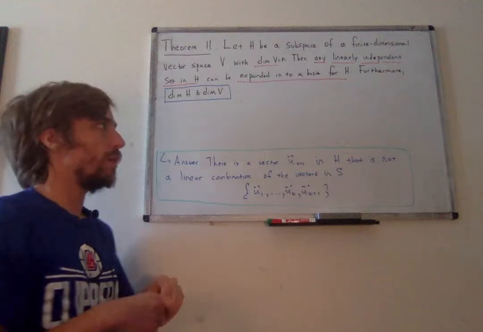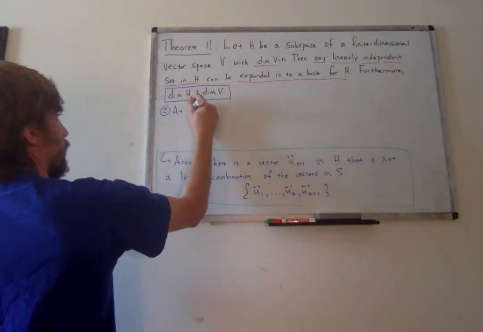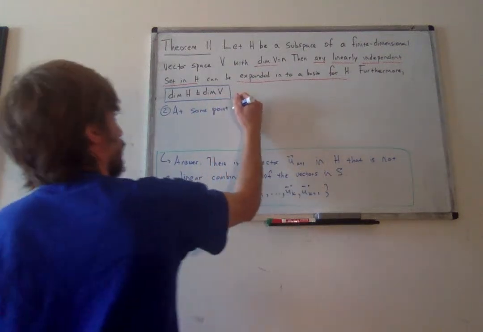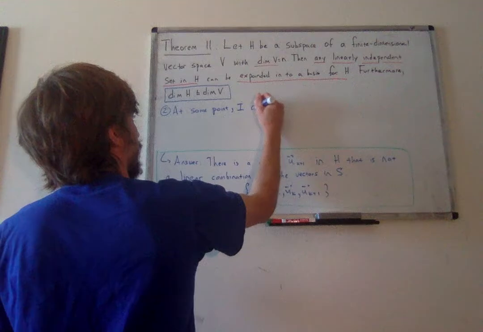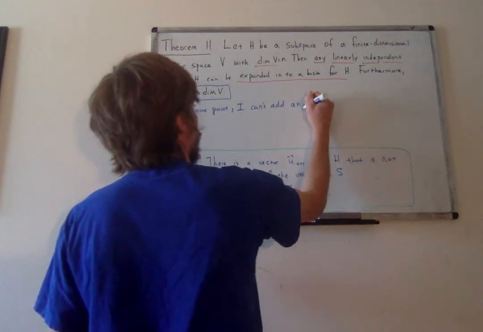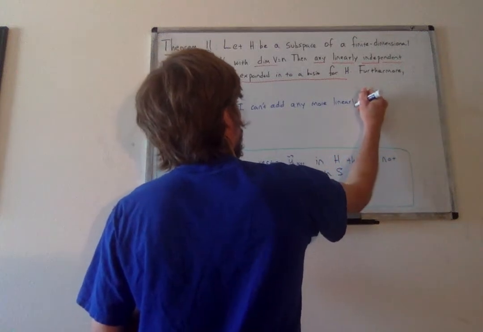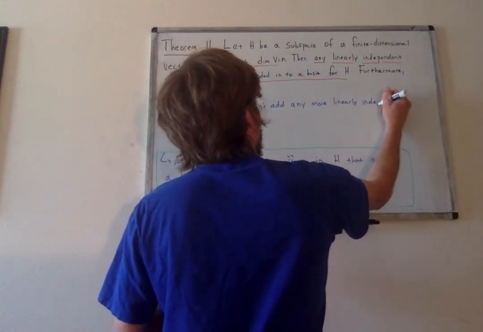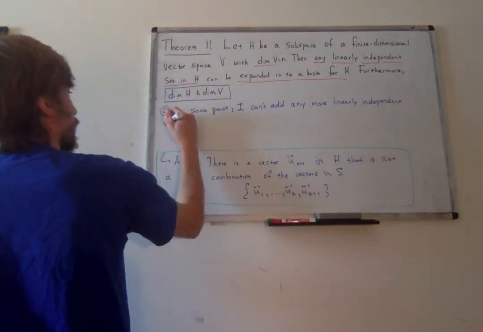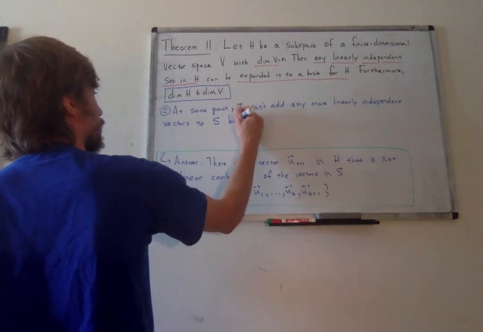So what I need to do is show that at some point I can't add any more linearly independent vectors to S because